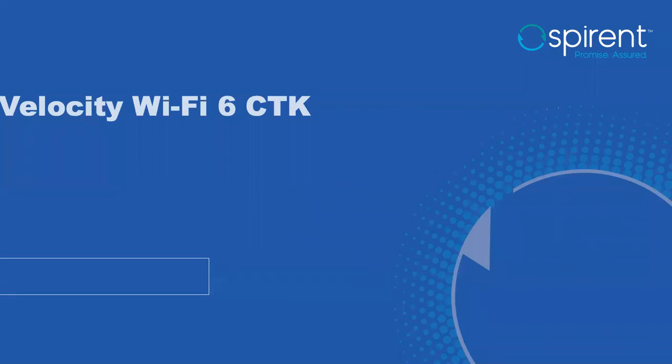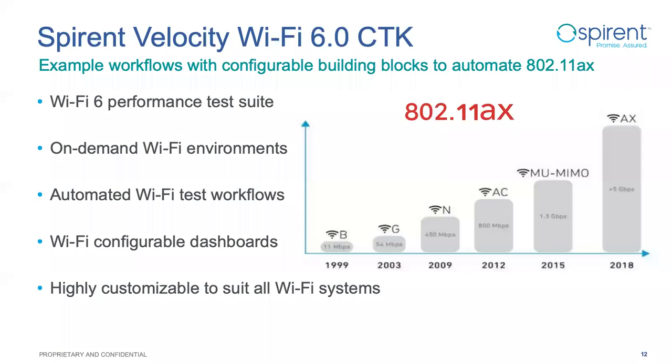So now we'll get on to the exciting part where we actually talk about this first CTK that we're delivering to the market. It's called Velocity Wi-Fi 6 CTK. So Spire and Velocity, an example workflow and configuration of workflow building blocks to automate the 802.11ax spec. Now I want to point out that while this is an 802.11ax card, that doesn't mean that we can't